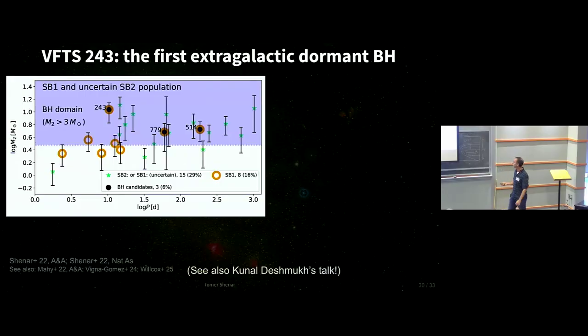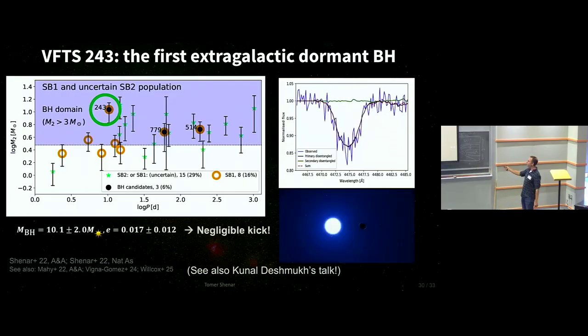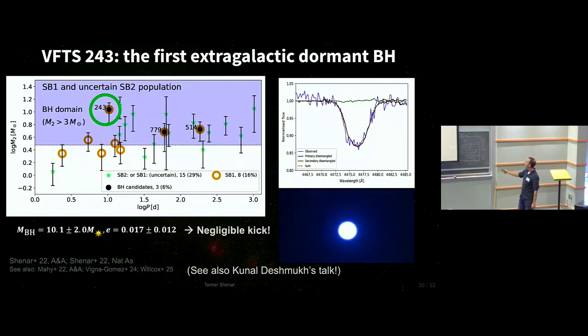We do that, we clean all the sources where we find companions, and we are left with this sample. Again, this was shown by Kunal. The obvious target that pops here is this guy. It doesn't show a companion, but it has a high minimum mass. We disentangle it, we see nothing in the spectrum. This was also studied by Karim. I was involved, I don't know if he's here, but we invited him so that he cannot kill the black hole afterwards. And we reported a black hole in the system.